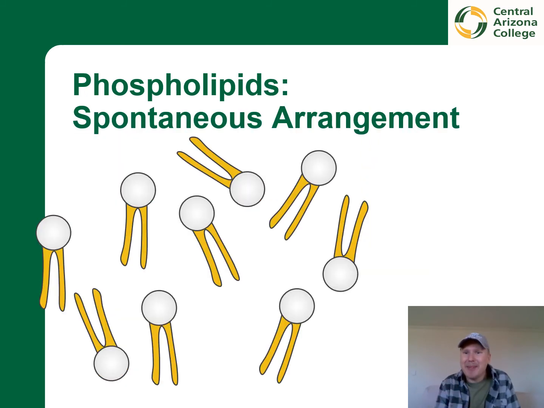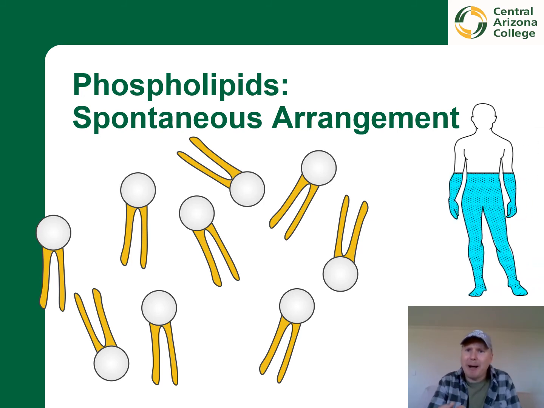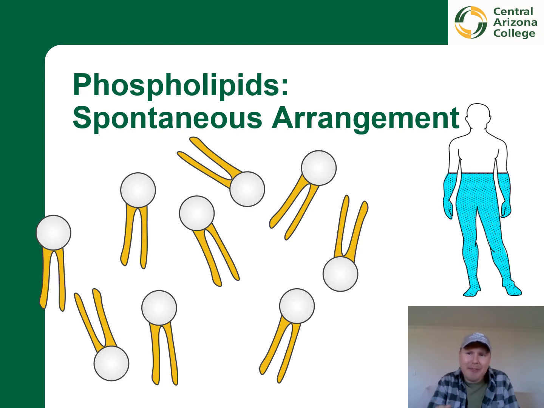Now, to recap, we have seen so far that tails will always aim to avoid contact with water, and the heads will prefer to be in direct contact with it. But what if we know that almost everything living, including the human body, is made of water? We end up finding this water both inside the cells and outside them. So the big question ends up being now, where can the tails go to get away from water? Do you have an idea of what could work?